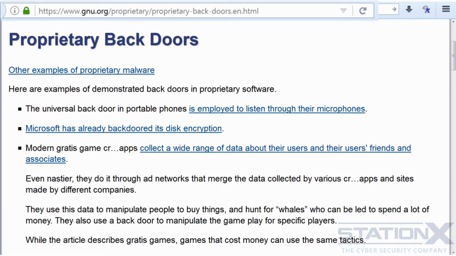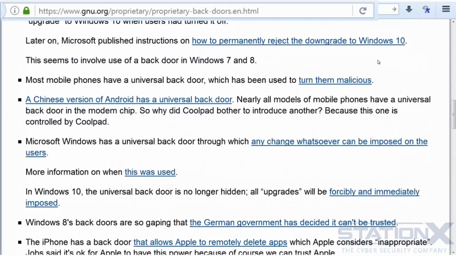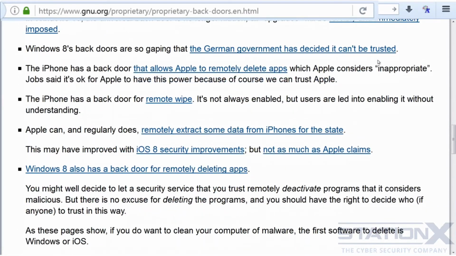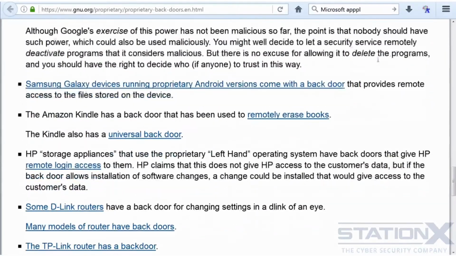Let's talk about backdoors now in relation to your trust. A backdoor is a loaded term. It's a general loaded term. Let's just consider it as a term to mean a weakening of a system. And here you can see examples of backdoors, but you should probably take these with a pinch of salt, because some of them I actually don't think are potentially accurate. But there's a whole list of them from the GNU project. Potential backdoors in phones and applications, operating systems, etc., routers.